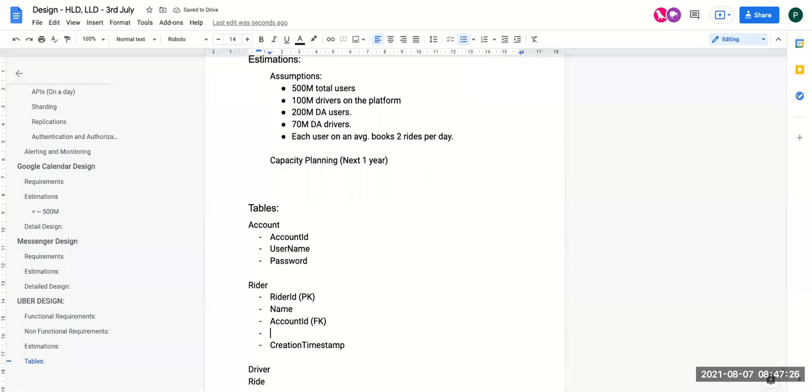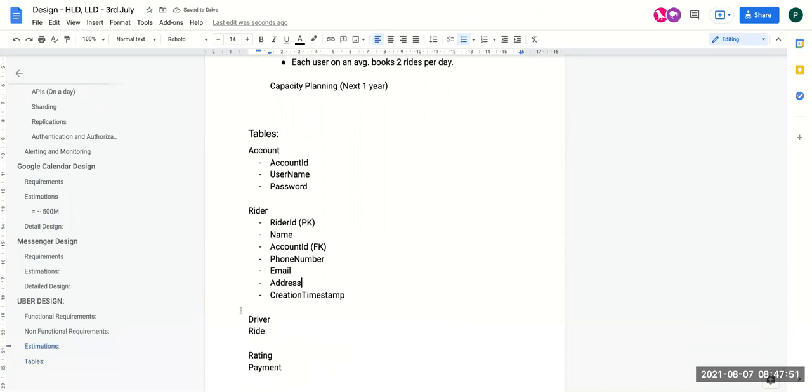We'll have some basic rider information: phone number, email address, or address. Okay, these are the rider details which you want to store.